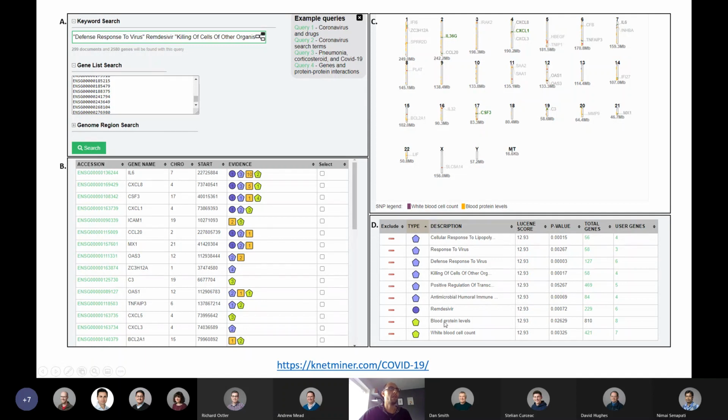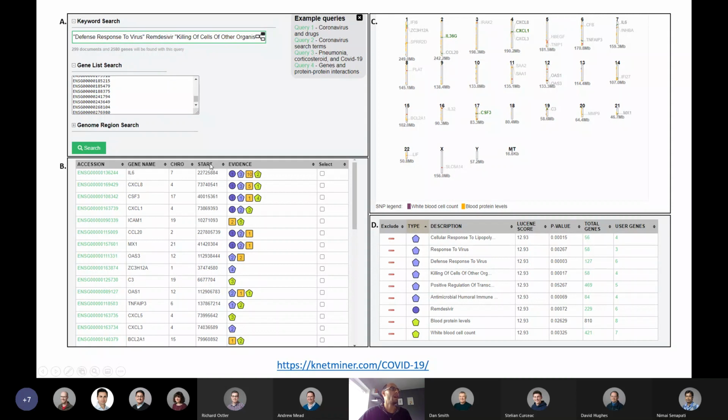So it shows you a few of the overrepresented terms that pop up in the knowledge graph with a p-value and how many of the genes from your list are linked to them. Then you can go and refine your search and add some of these keywords to the top bit here and ask NetMiner more specific questions about, show me linkages between my genes now to specific drugs like remdesivir or defense